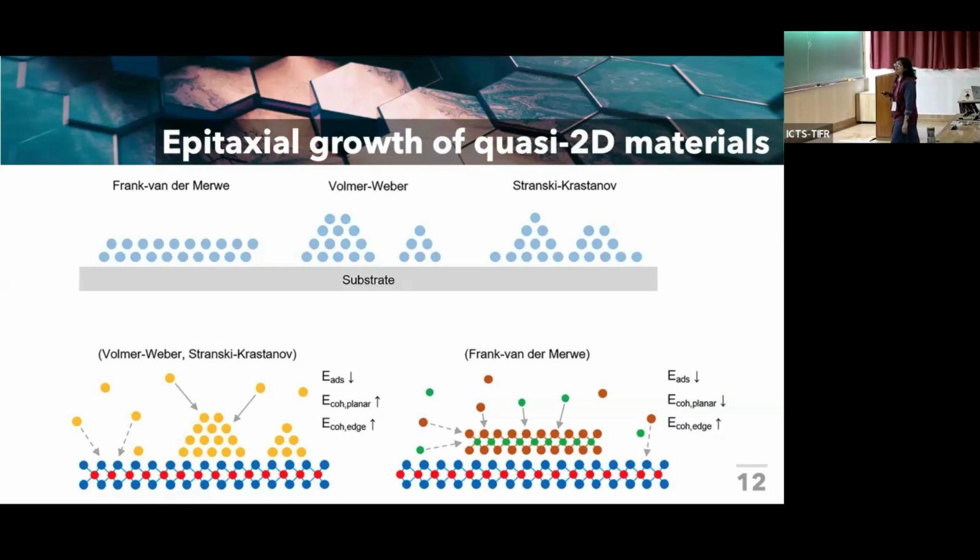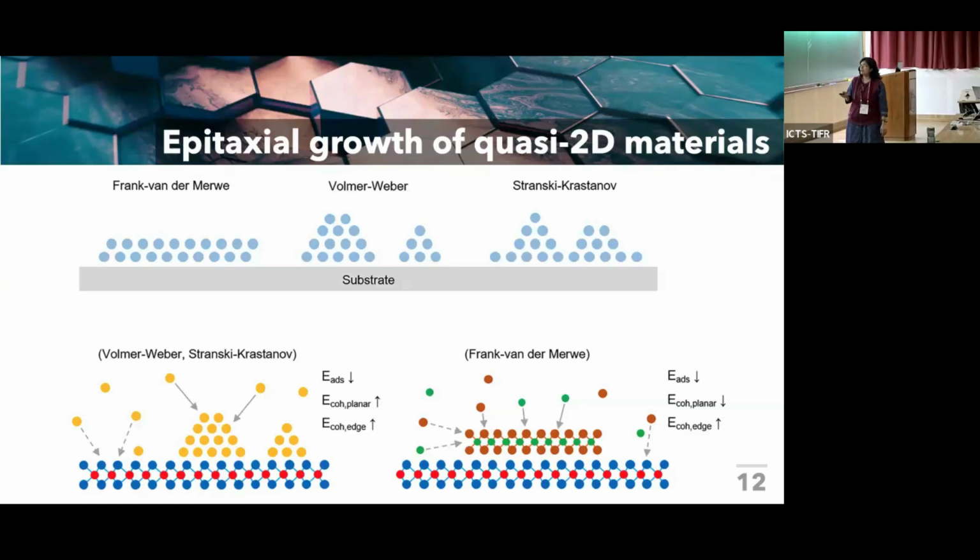Now the other case that can happen is the Volmer-Weber growth. In this case you have a very large diffusion barrier. For example, take the case of a sapphire substrate. It is not very smooth like, say, an hBN surface. Because of that, you have a very large diffusion barrier. So the atoms which get adsorbed cannot move to other regions. They cannot spread over the